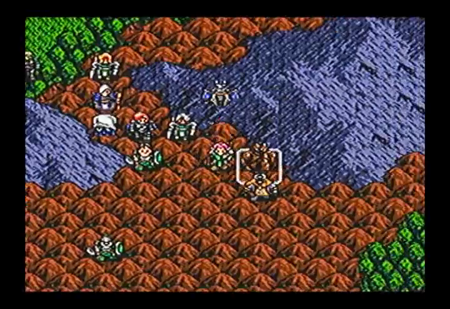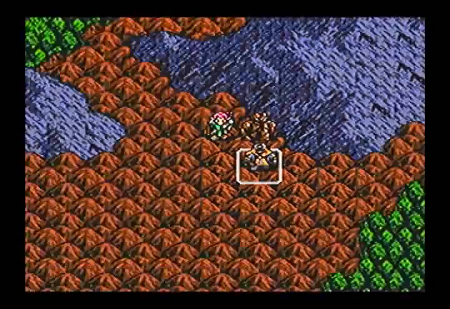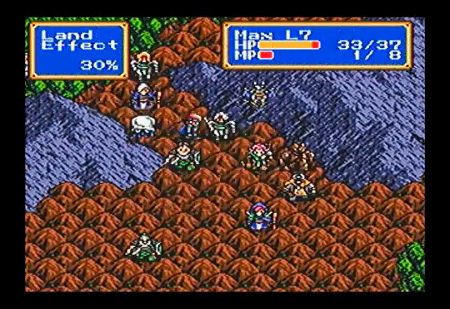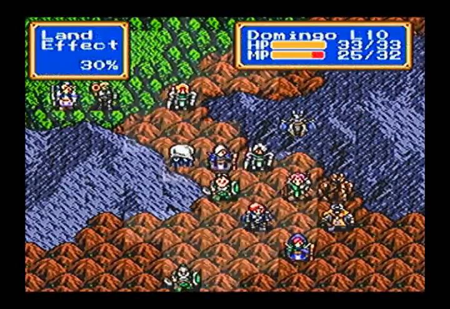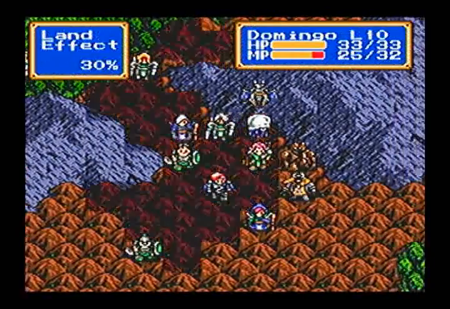So let's see how much you have. 17. Could probably weaken them with her, but I don't need to. There's too many other people who need to gain XP other than Tau. Domingo's actually one of those people, but